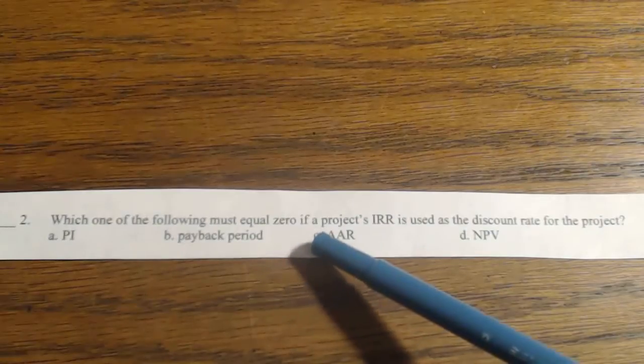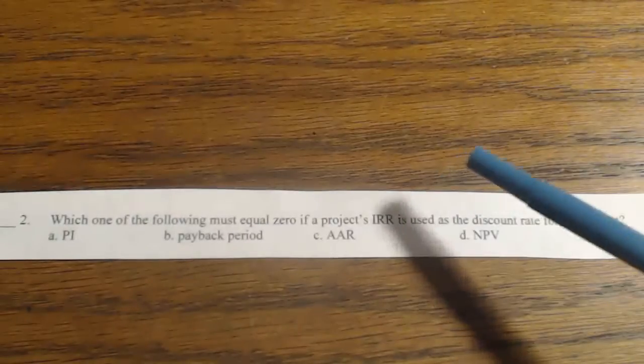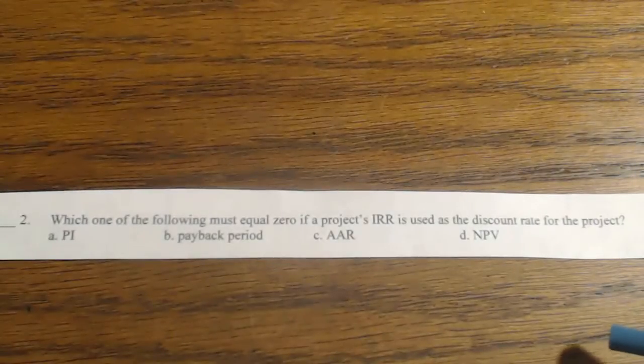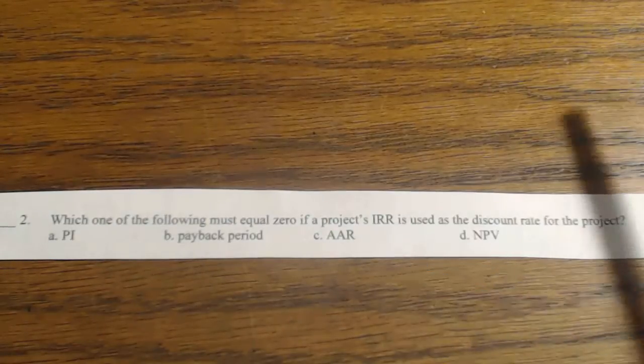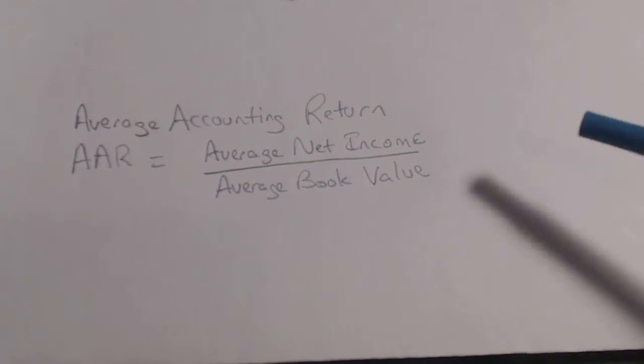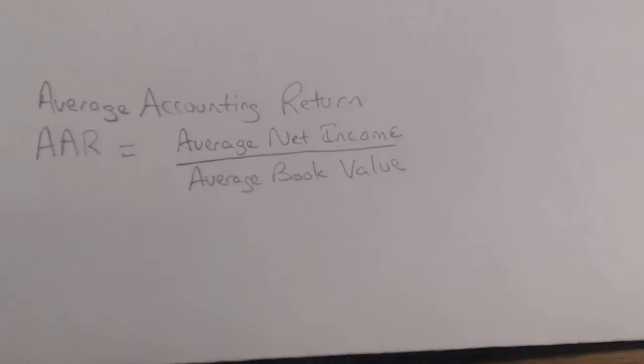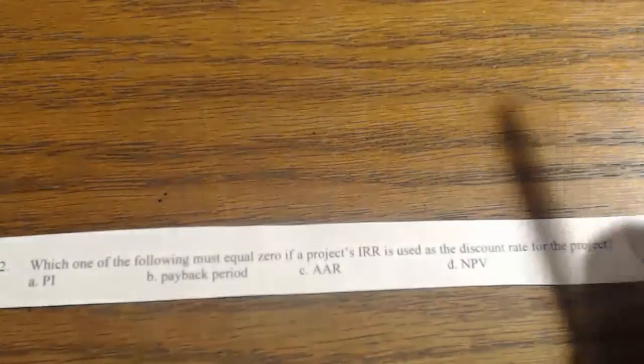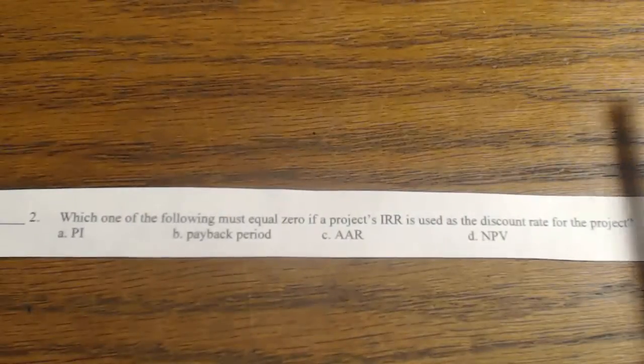they're asking which one of the following must equal 0 if a project's IRR is used as the discount rate. Okay, the third thing they ask about is an AAR. You really don't need to know what this is. This is just the average accounting return, which is the average net income over the average book value. It has nothing to do with what we're talking about. And then the fourth one is,